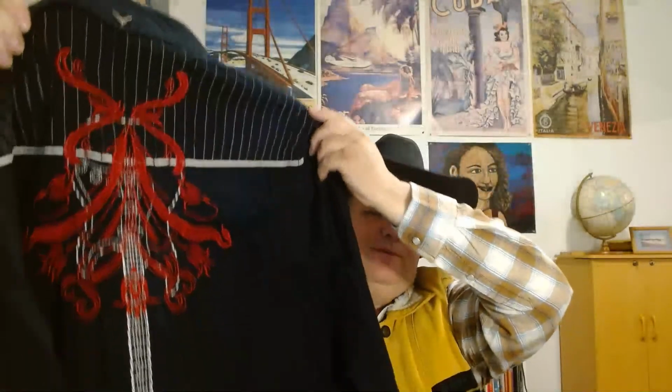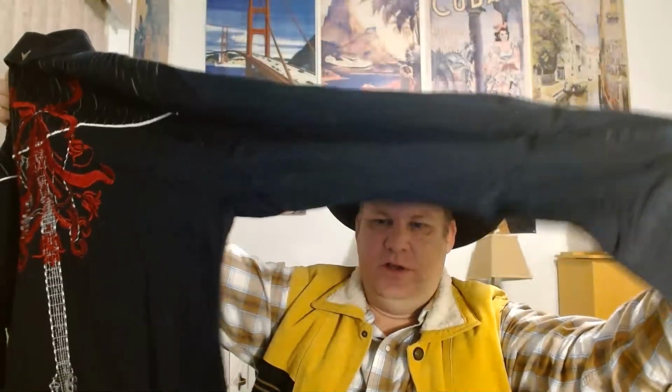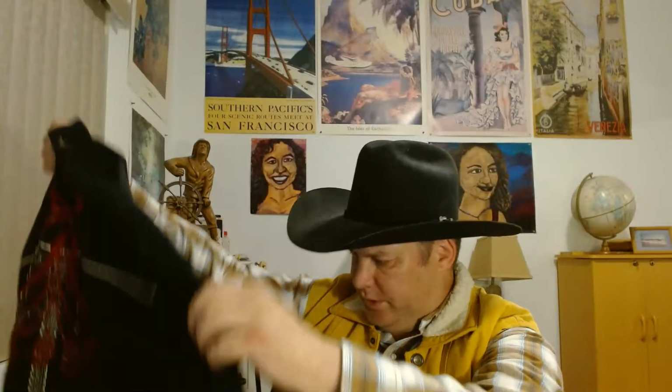Here's a special one I bought many years ago. This is more of the Singing Cowboy kind of stuff, throwback to the 40s, the piping and the pockets and that kind of thing. This is an embroidery on the back. This is from Fender Guitars. And I ended up taking it in to get it tailored because the sleeves were too long, but I didn't want him to make it too tight in here. I wanted him to shorten it at the cuffs, but instead he made it too tight in here, so that was lovely. Because this is an extra large after I sent back the large,